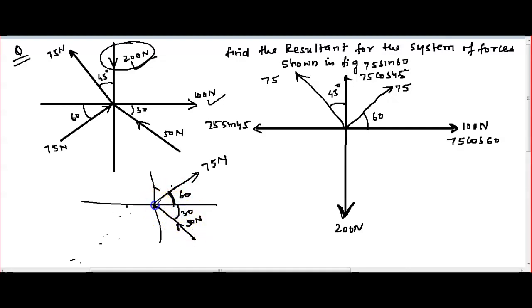Angle is 30 given. So again I will extend it here. If I extend it, then this opposite angle will be 30 and the force will be the same. So I can write this one 30, which is already extended this way. Okay, and this angle was 30, so now this angle is 30 and this is the 50 Newtons, right? So this becomes 50 cos of 30 and this is 50 sine of 30. Any doubt in this?